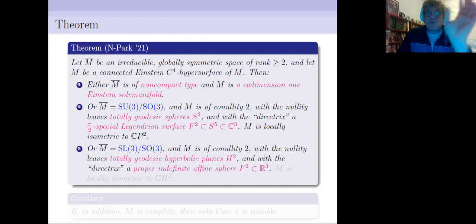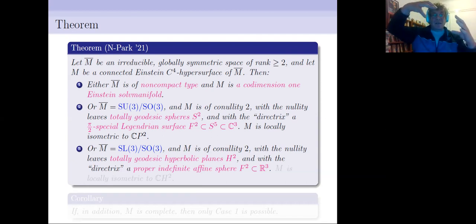So either you have SU3 by SO3, your solvable manifold, and then your hypersurface must be of nullity 2. You have a fibration by totally geodesic spheres, and the directrix, the surface which, if you want, governs this fibration, is a so-called special Legendrian two-dimensional surface in the 5-dimensional sphere. And every such hypersurface M is in fact locally isometric to the complex projective space